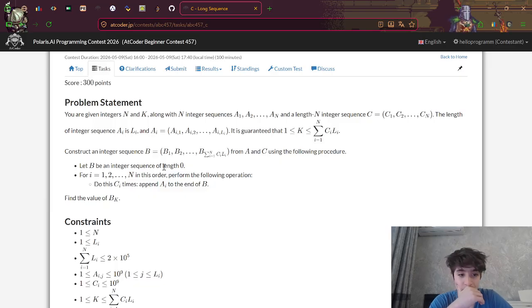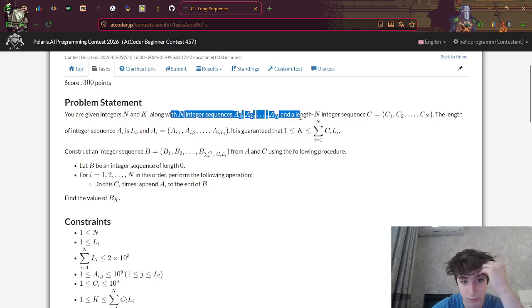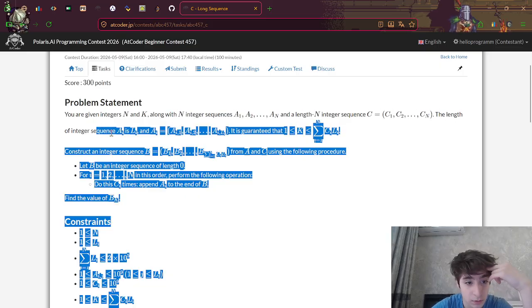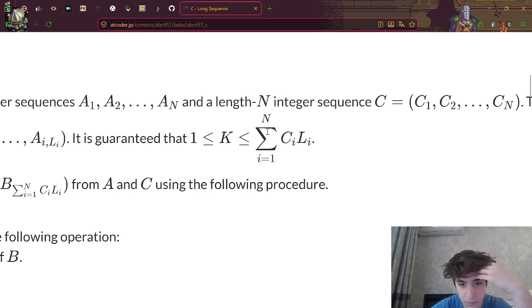So just imagine you're given integers n and k along with n integers, a sequence a1, a2, ..., an, and the length of the integer sequence. Why do I need k? The sum of the sequence multiplied by its length is larger than k.